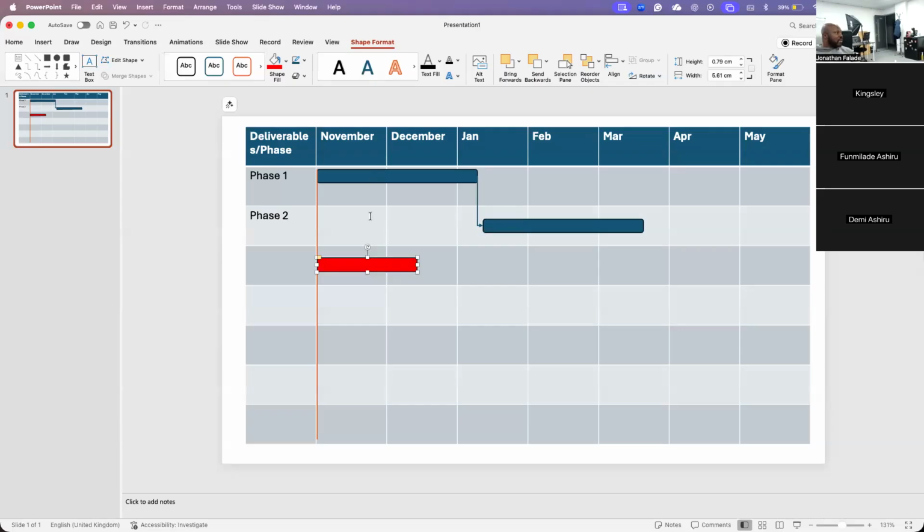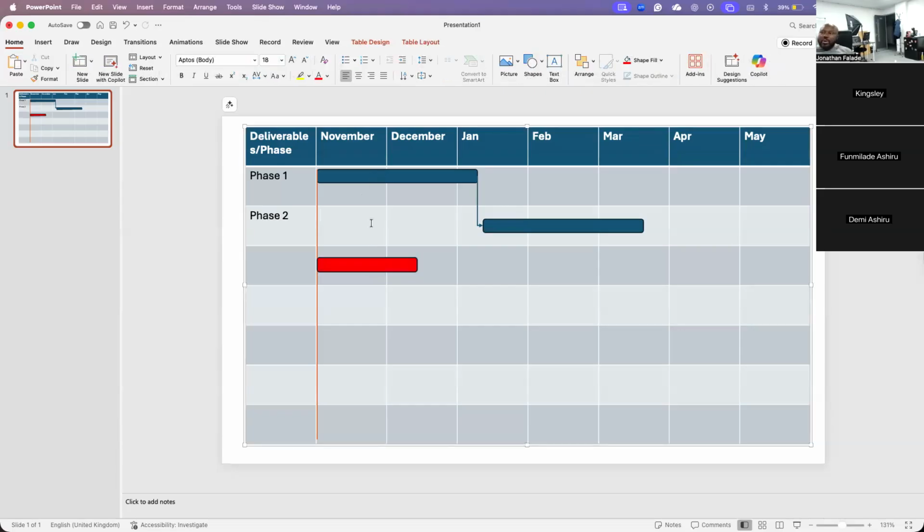So now what I want you to do is, using what you have on your documents, on your plans, create a roadmap. The plan you've just created, I want you to then create a roadmap for that plan. Is it okay for you to use Google Sheets? Yeah, it's the same thing.